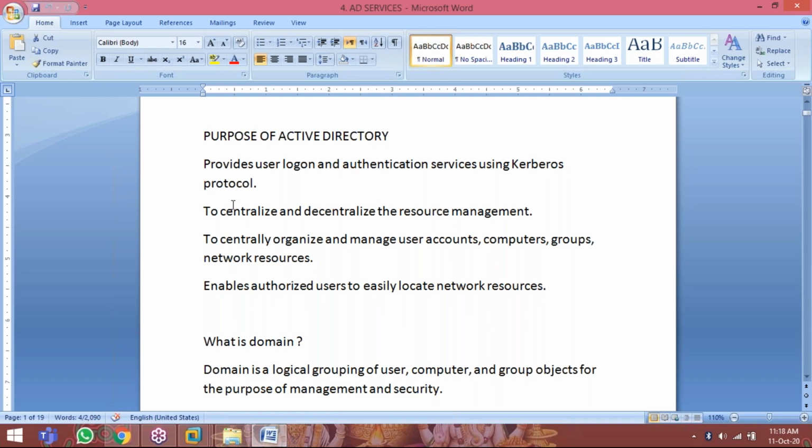Kerberos security, the Kerberos protocol. This is related to CHAP, Challenge Handshake Protocol, to centralize and decentralize resource management. Centrally organize and manage user accounts, computers, groups, and network resources. The purpose of Active Directory is to enable authorized users to easily locate network services.